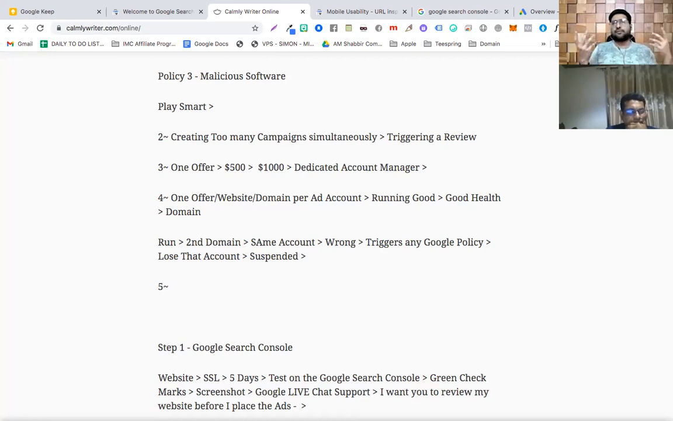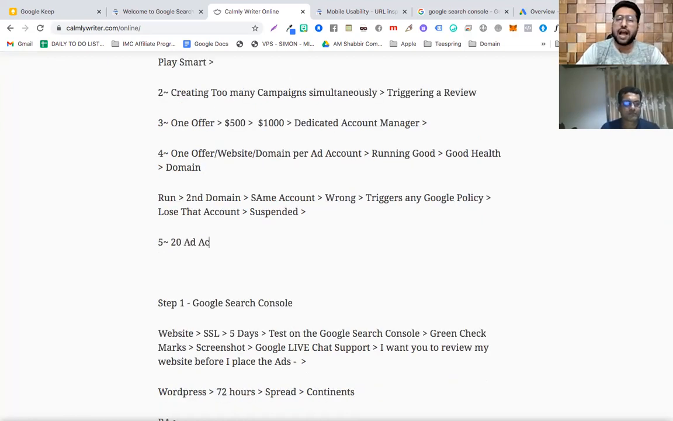So if your previous account is suspended and you create a new Google Ads account, do not use the previous domain on the new account, otherwise it will immediately get suspended. Then I asked her how many Google Ads accounts can I create under the same Gmail profile? She said you can create up to 20 ad accounts. Now here's the thing,